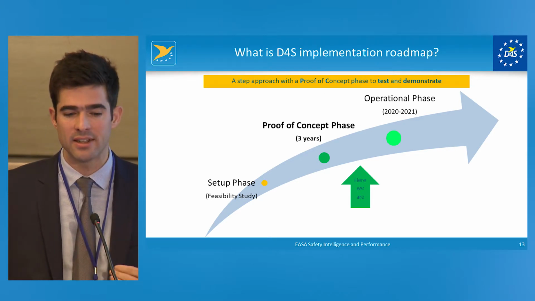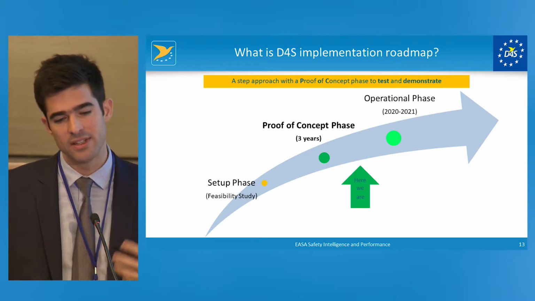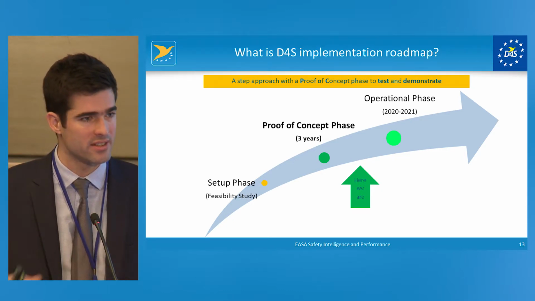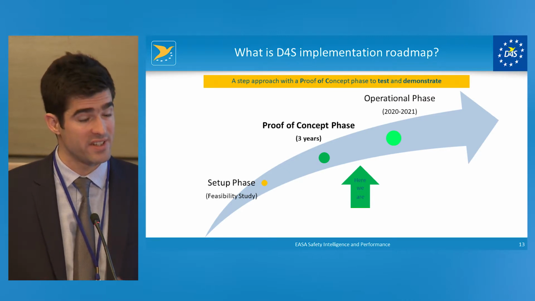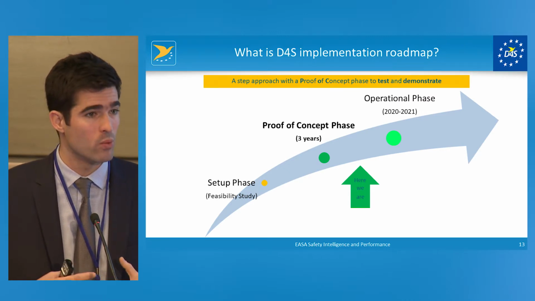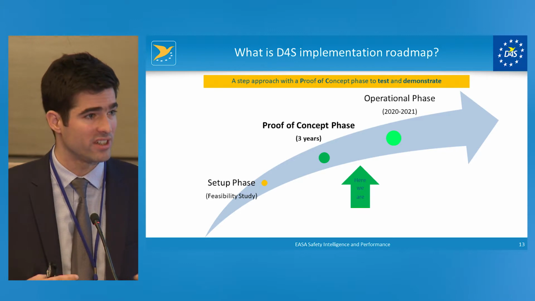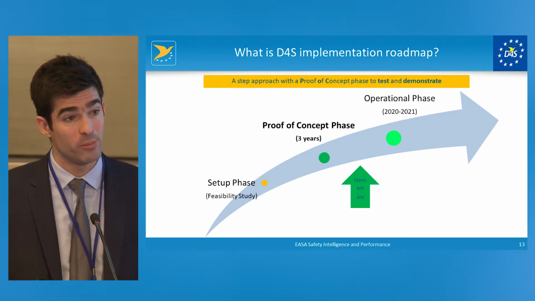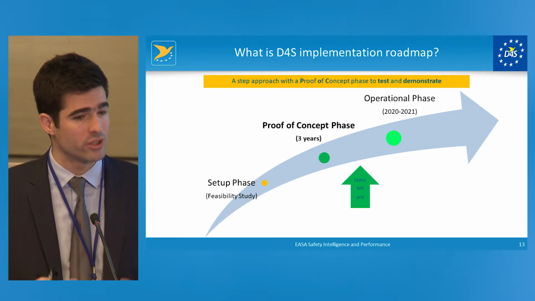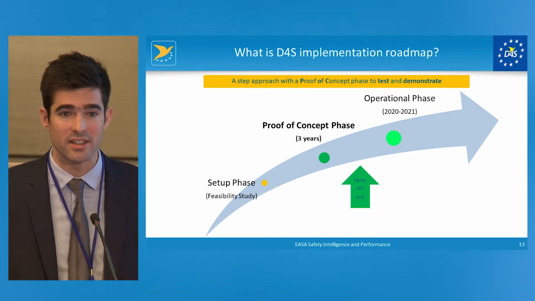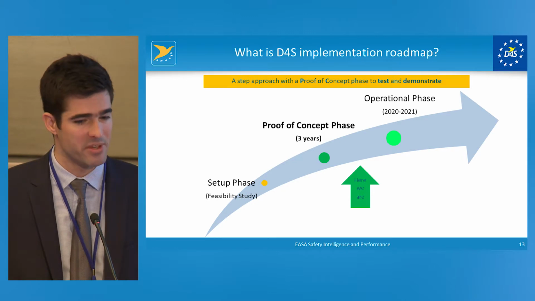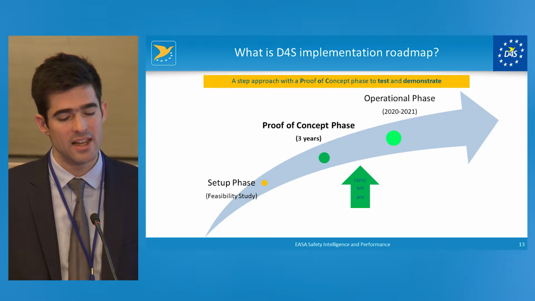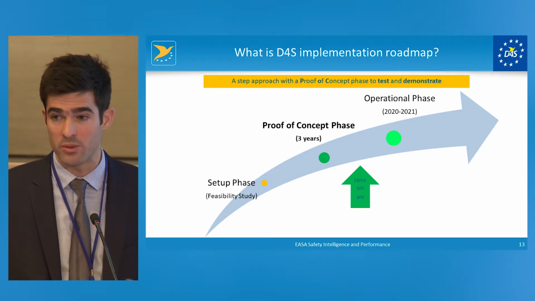And we target a progressive switch into an operational phase, so scaling in terms of stakeholders, scaling in terms of data sources, after having demonstrated that this program works, that we have technical and organizational processes defined and running, and we are in a position to bring additional added value to our existing safety and intelligence capabilities. So this operational phase, this deployment into the run phase, is expected by 2020-2021.